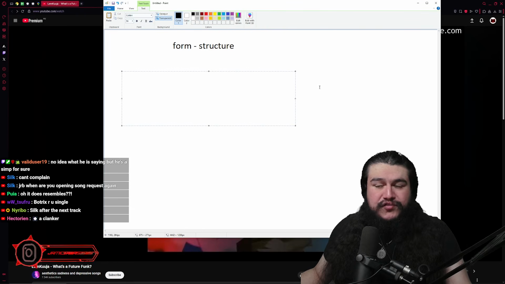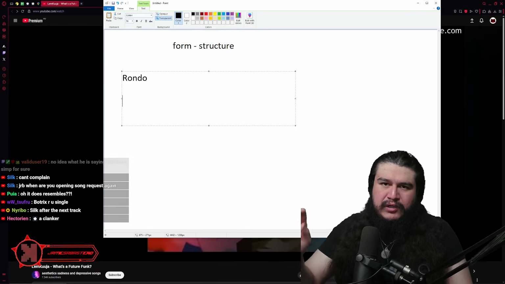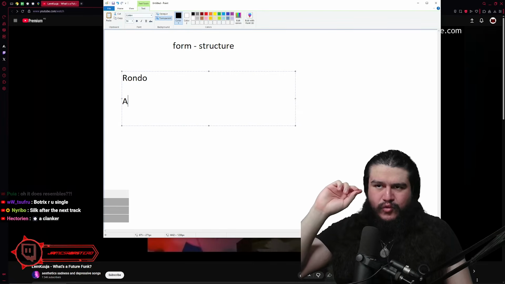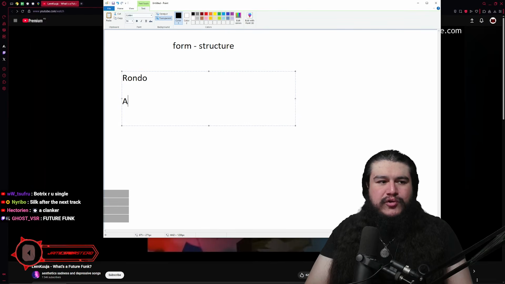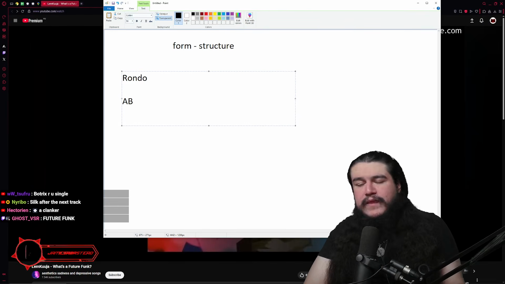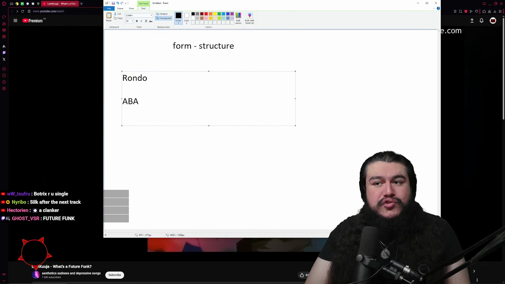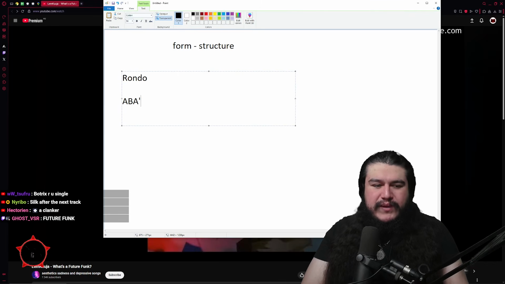However, in instrumental music, you're going to have to go through letters to determine this. The rondo is a very peculiar type of structure where you have your section A, which is your essential central force. Then you go to section B for a contrast, then you go back to section A, which usually is going to be an A prime. The apostrophe means that it's a variation, so it's still the same material, you're just doing a reimagination of it.